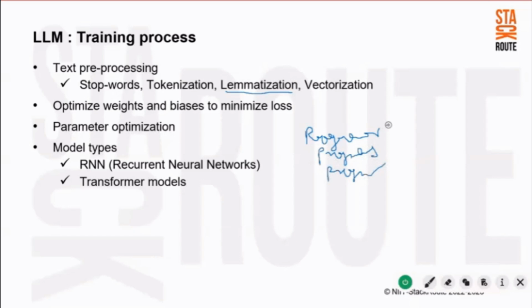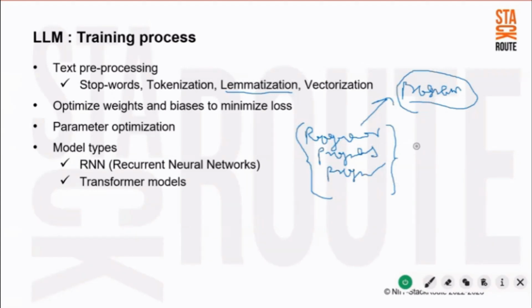Now, what is the root word for all these things? The root word for everything is program. So if I have a text which contains a mixture of all these words, programmer, program, programs, and so on,